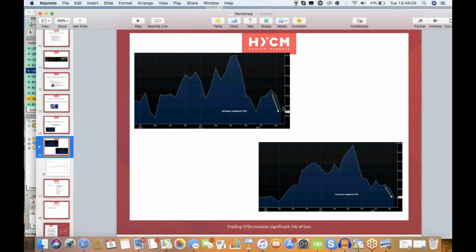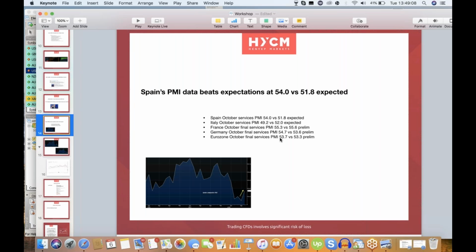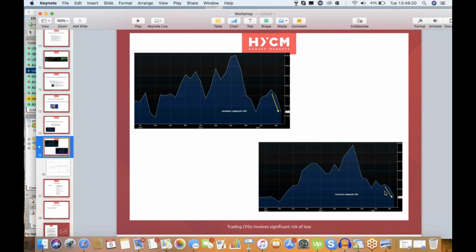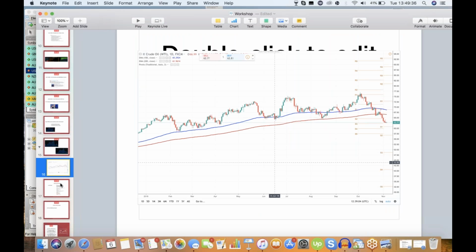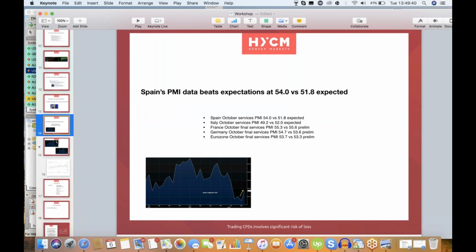But okay, so we had the Germany and the Eurozone. Look, you can see it's 54.7, 53.7. So Germany's beat expectations, and the Eurozone beat expectations. But when you look at that in context, here's Germany's PMI, here's Eurozone's PMI. You can see the trend is heading down, it's heading lower. So when you put that all together, you can see, oh, that's not actually as great as you might think. So there's pressure on the euro, but what we have to remember is, okay, we've looked back,